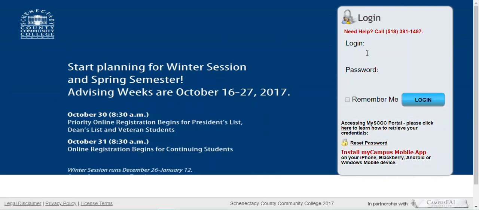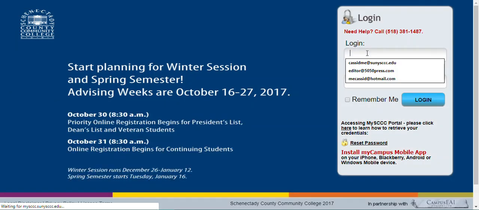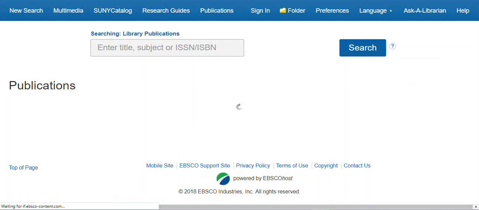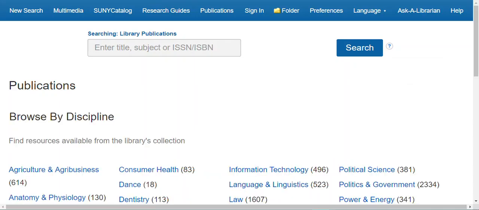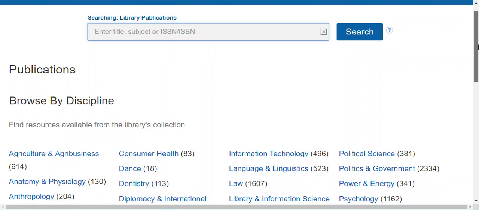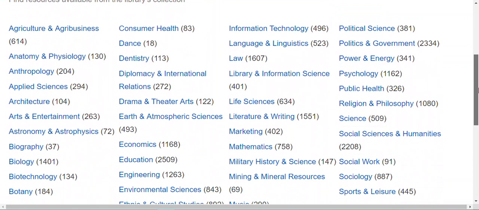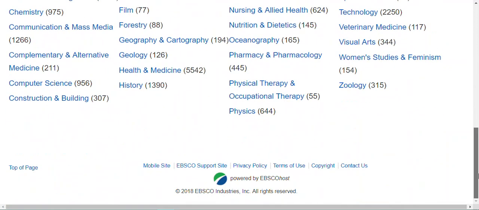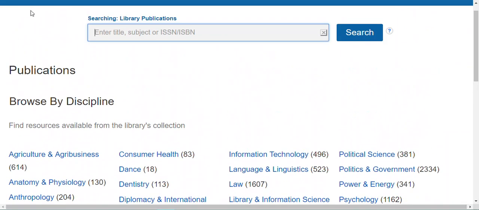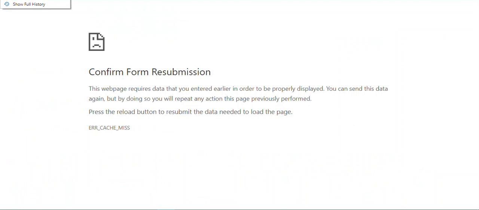Also you have to log in. I forgot about logging in. So hang on one second. Okay, so I got logged in, and now there's this whole huge list of publications. When you do the journals A to Z, I'm seeing here they're done by discipline, but if I want agriculture, dentistry, dance, law, library science, public health, all of the journals are there, but it's really quite difficult to search that way. So the better way to do it